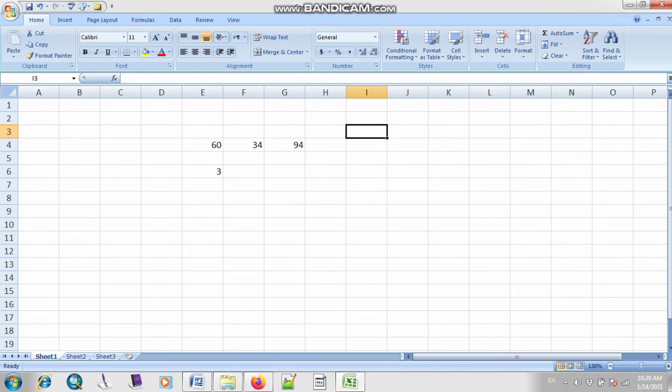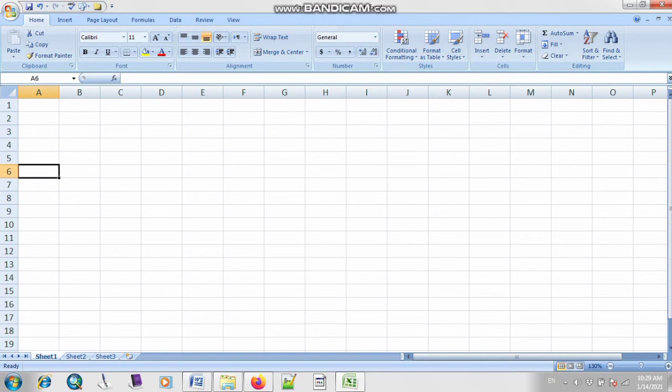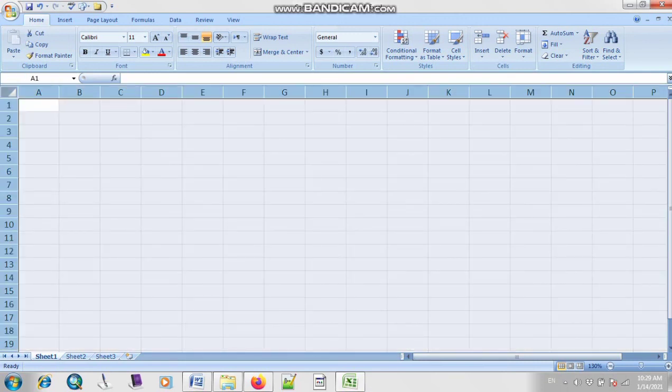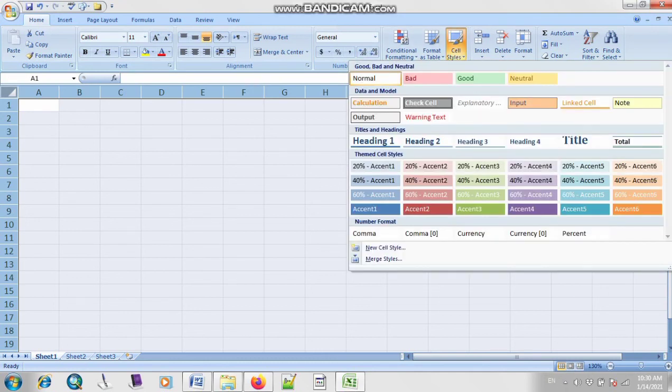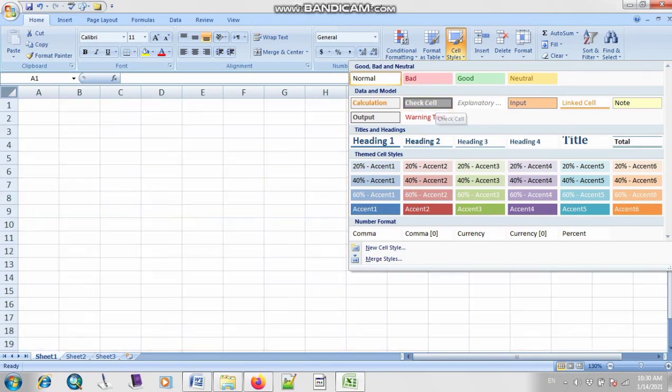So let me ask a question from all of you, can we highlight or can we apply colors to the worksheet? Is it possible? Right? So this is also possible to represent your work in color. We can use it. So let me select from all cells. I have clicked on this option of all cells. Click on this option of cell styles. So as you can see, your cells are converted into different styles.